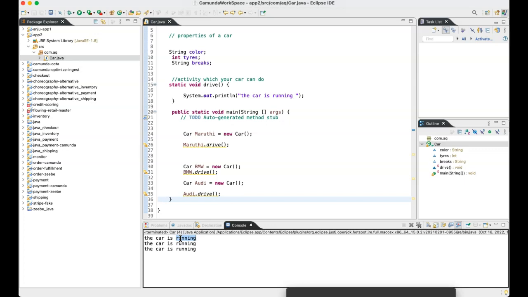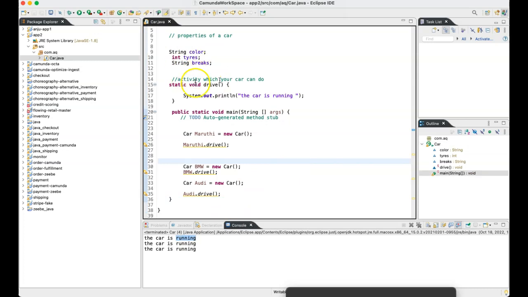So what we did here is we created this model called a class, which has certain attributes, right? And after that, we were able to create an object based on this model, or this blueprint. And we gave a reference to that object, which is Maruti here. And on that, we called this drive method, right?